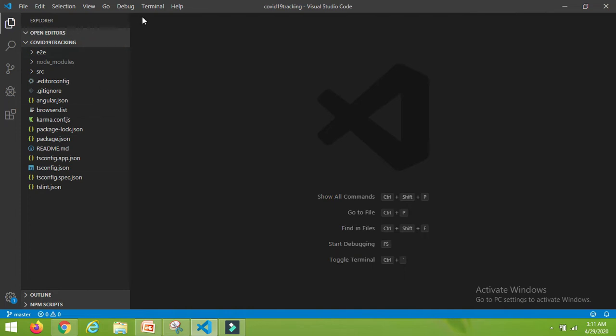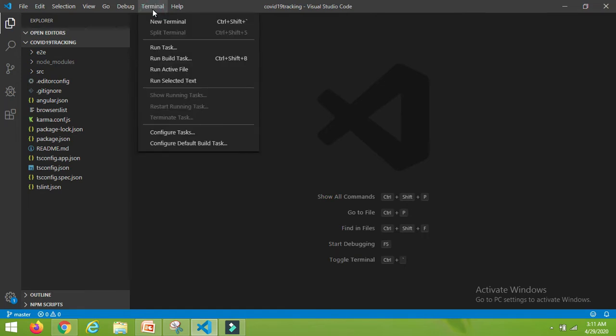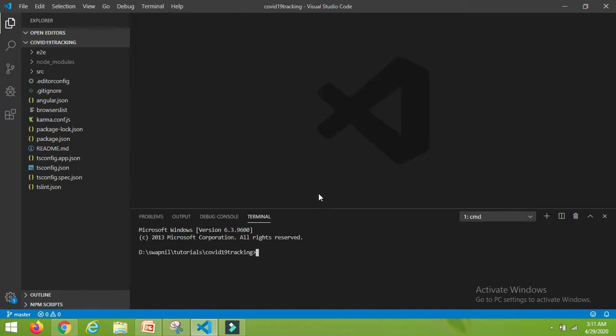Okay. So let me install Bootstrap in our project so that we can use it in our application. So let's open this project in VS Code. Now use the integrated terminal to install the Bootstrap.